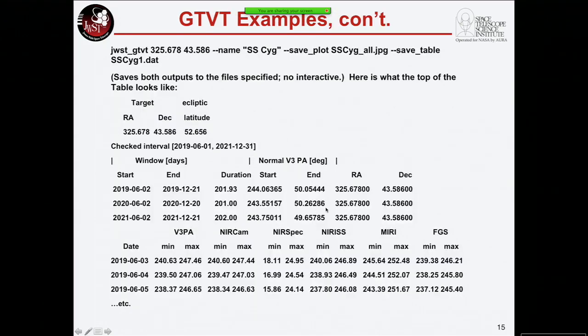The ASCII file that comes out, I just wanted to highlight. Here you can save the table to a file, and you can save the plot to a file as well. The table, which spews out to your screen by default, and this part of the table down here is very long. There's 1 entry per day for all 6 instruments and the minimum and maximum angles for each of the instruments. As a function of a year or more, you're going to have a big long table down here at